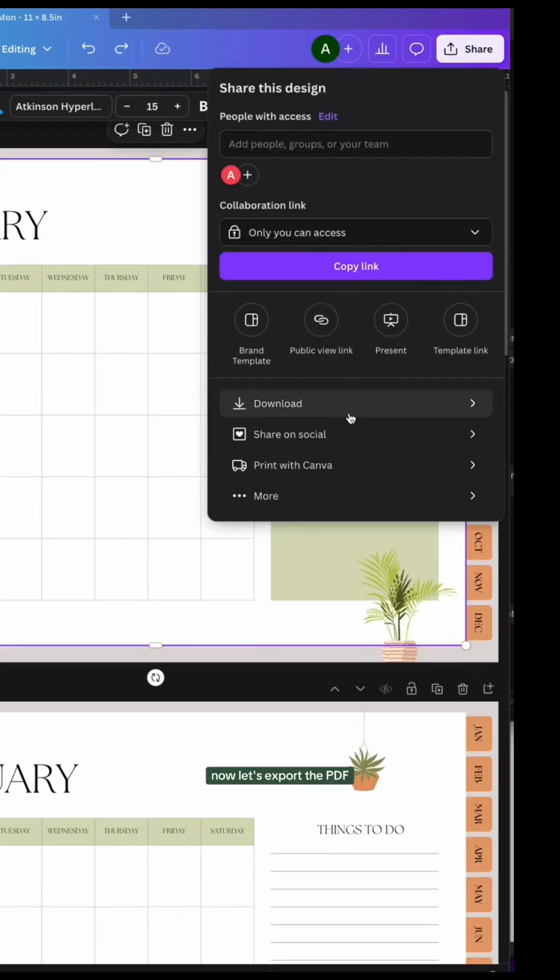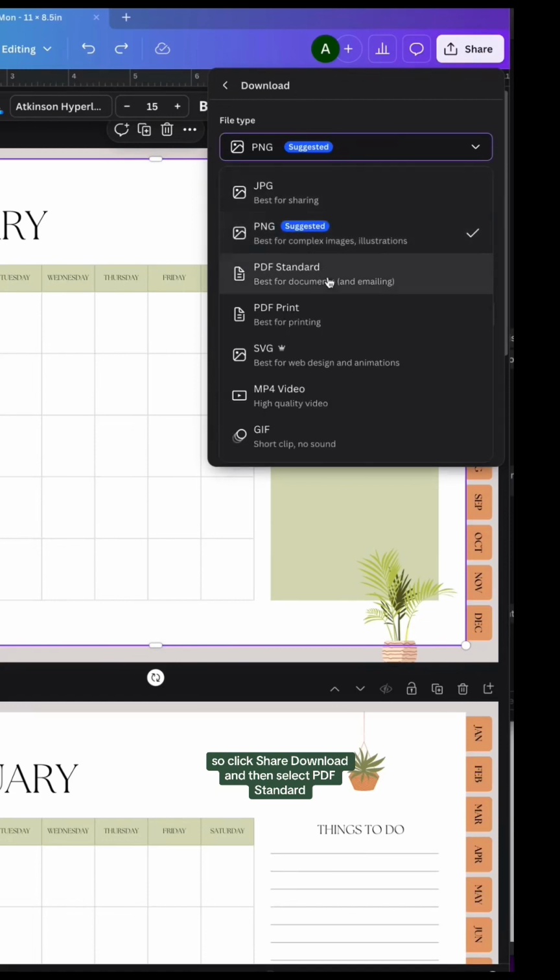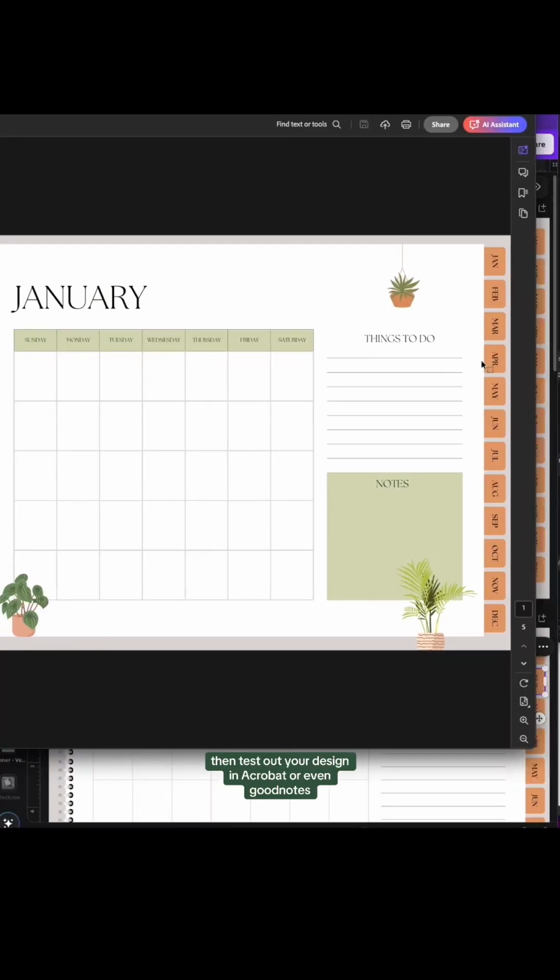Now let's export the PDF. So click Share, Download, and then select PDF Standard. Then test out your design in